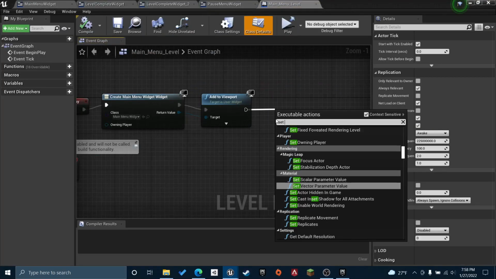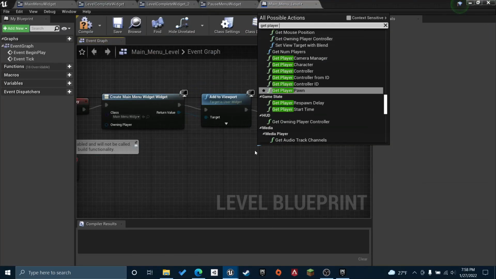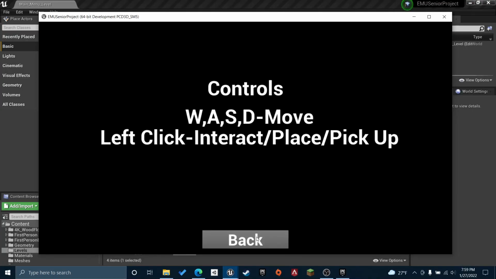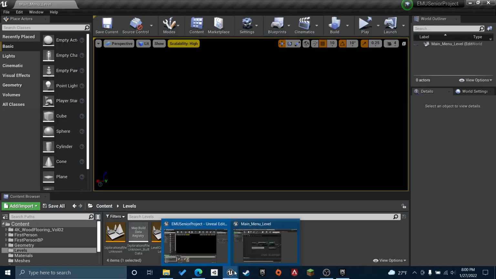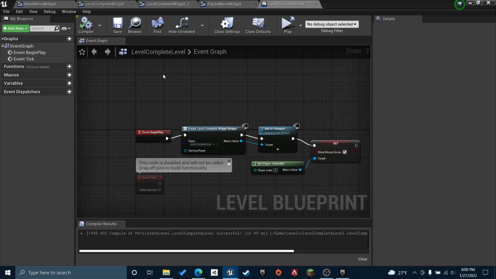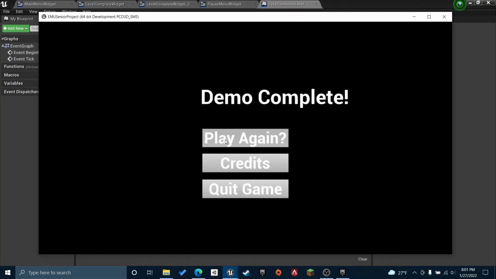So at this stage of development, I was focusing on the user interface aspects of the project. First, I was working on the menus, making sure they had functionality, making sure the pause was set up right. Here I'm actually adding some new widgets to the viewport, making sure those are going to be functional for the